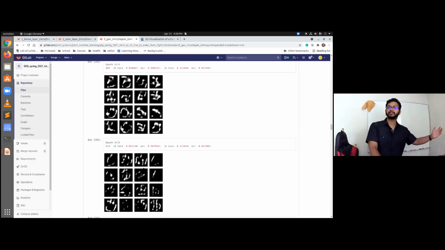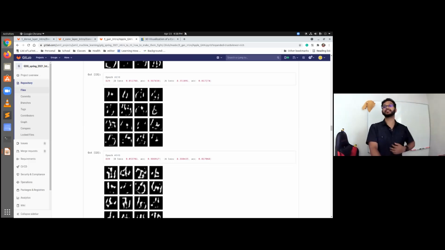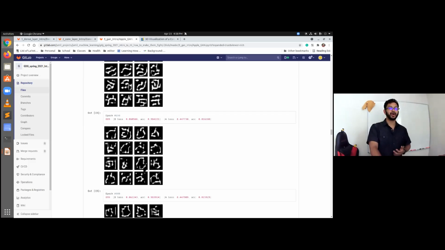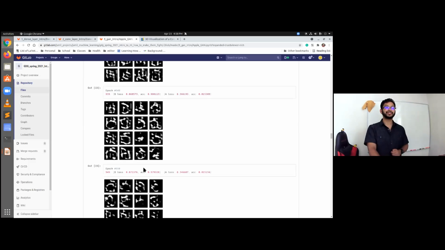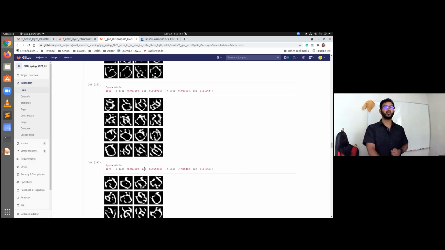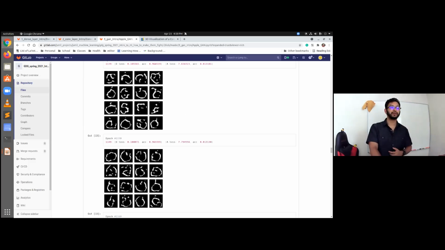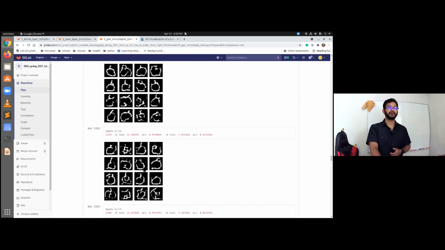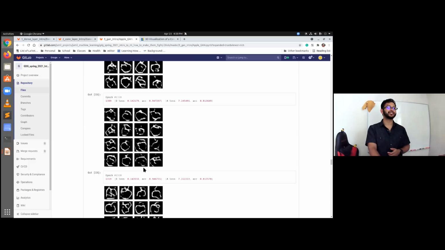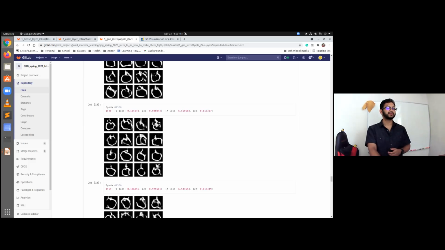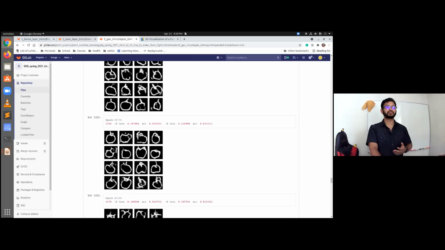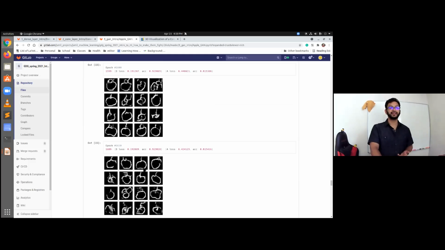So this generator is fighting with the discriminator to generate better images, and the discriminator is fighting with the generator to make sure that it's not generating better images. As it moves forward, we get more and more better pictures of an apple, until we hit about iteration 1500, where we're starting to see a better apple.